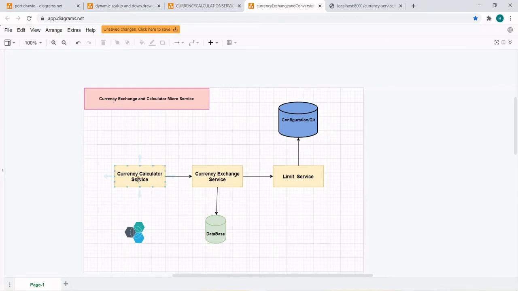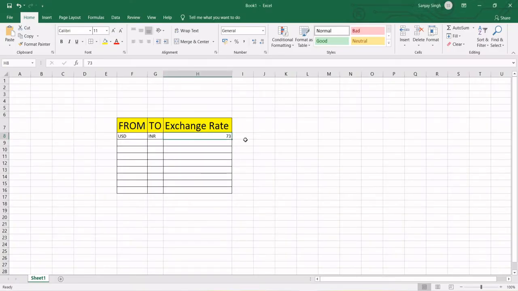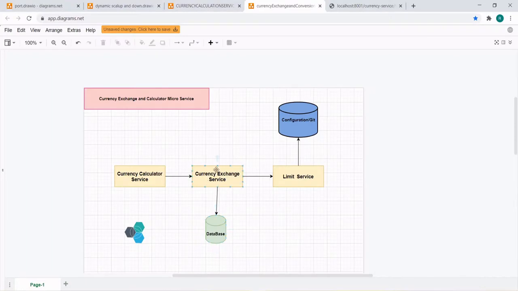The currency calculator service will interact with the currency exchange service. It will give input to the currency exchange service, like I want to convert from USD to INR, and it will give the quantity as well. Suppose the quantity is 20 to convert. This will result in 73 multiplied by 20, so you should get the result 1460 in INR. Based upon the exchange rate that the exchange service returns,